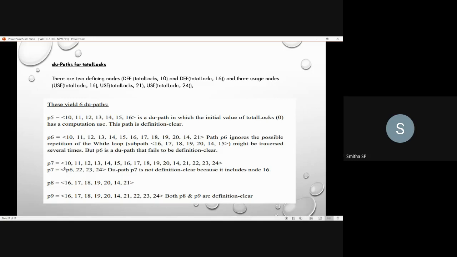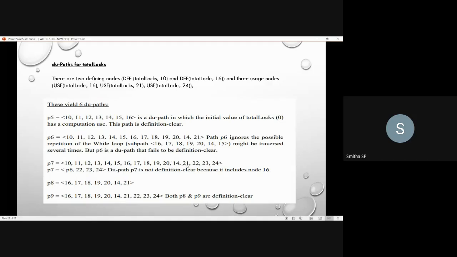Next, coming to the 7th path, that is P7. So here 10th node you have defined total locks, and until 16th node you will be using it. So in the 16th node you will be making the total updation, right? The updation of the total locks value. Then in the 21st node you will be printing it. Okay, so the path we discussed so far here, in the 6th path.